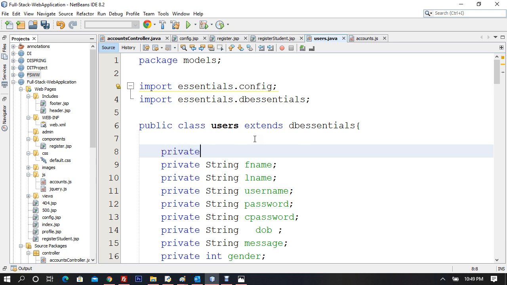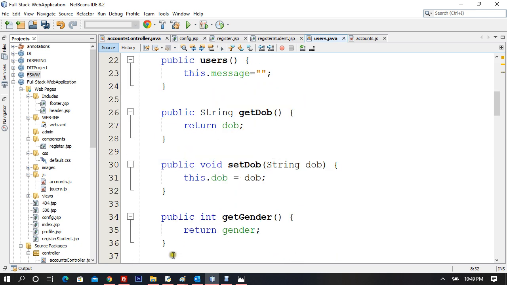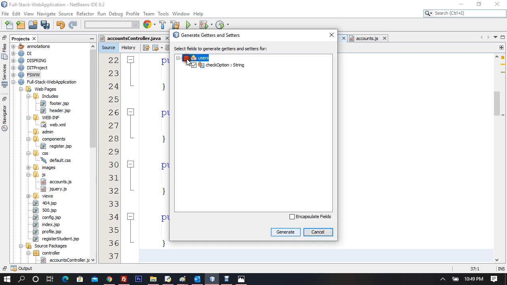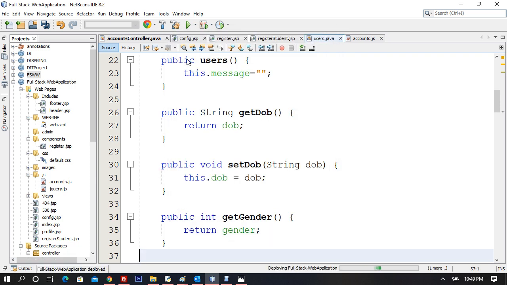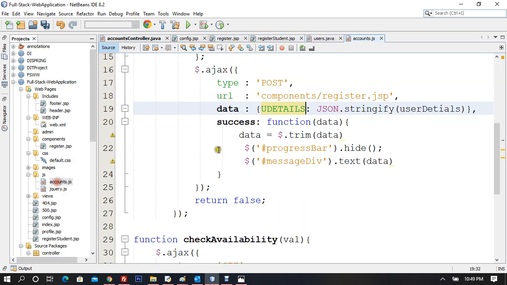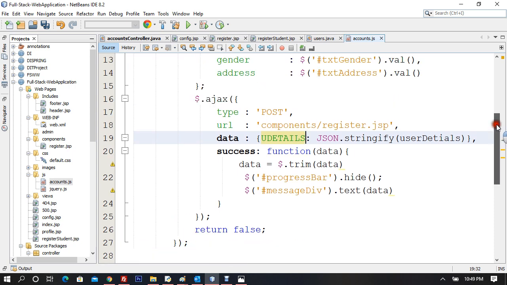So I'll say private String option, or we can say String checkOption. So this is what we can reuse, this check option. Let me create insert code, getters and setters. Now because we require an email as well, right? So this is going to be check option. I'll redo it, my apologies. So now what I do here, I'll go to my accounts.js and say, hey, I am supplying the